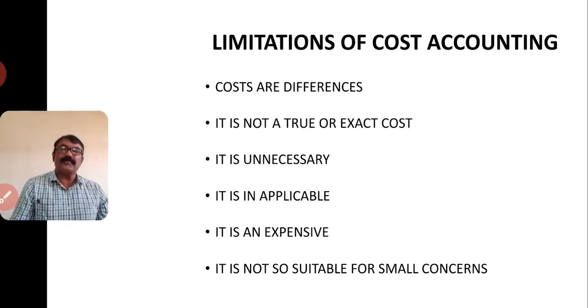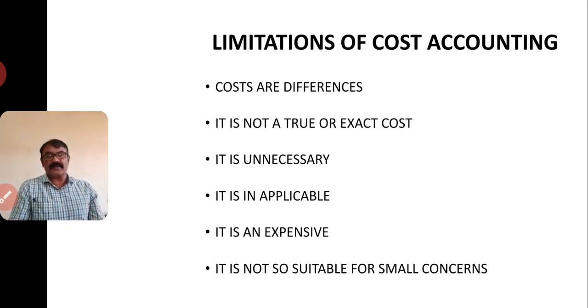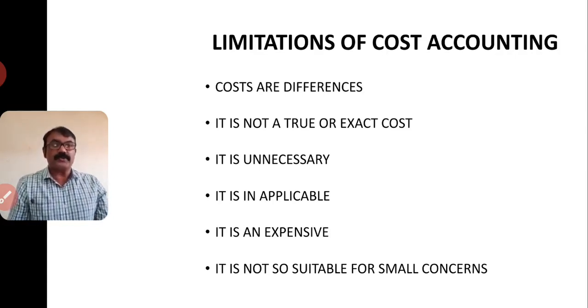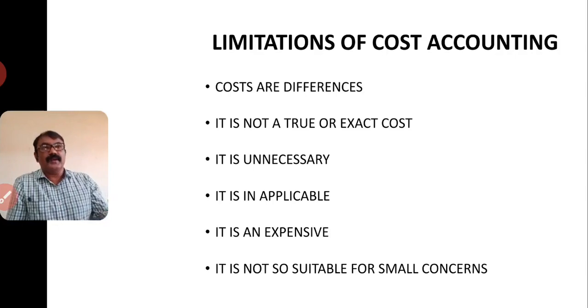Use of different methods of pricing of materials. Next, use of different methods of classification of expenses: function wise, element wise, and behavioral classification. The cost accountant depends upon which classification he takes. Use of different methods of payment of wages. In case of labor payment, they may apply Merrick, Rowan, piece rate or output rate; which method he will apply, we don't know. That's why there will be differences.